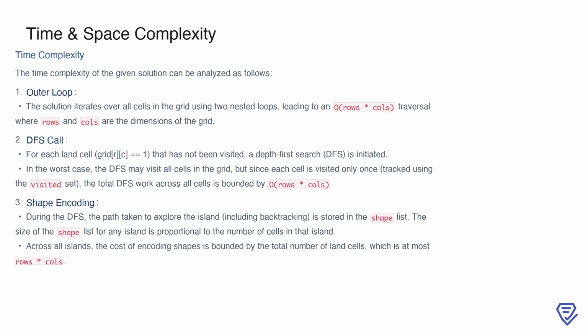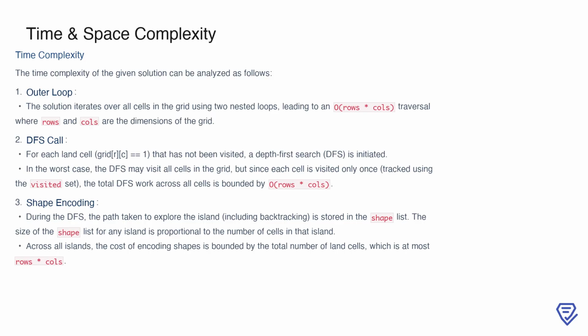To analyze the time complexity of the solution, we start with the outer loop. The algorithm iterates over every cell in the grid using two nested loops, which results in an O(rows * cols) traversal, where rows and cols represent the grid's dimensions. Now, for each land cell that hasn't been visited, a depth-first search, DFS, is triggered. In the worst-case scenario, the DFS could theoretically visit all cells in the grid. However, since each cell is visited only once, the total DFS work across the entire grid is also bounded by